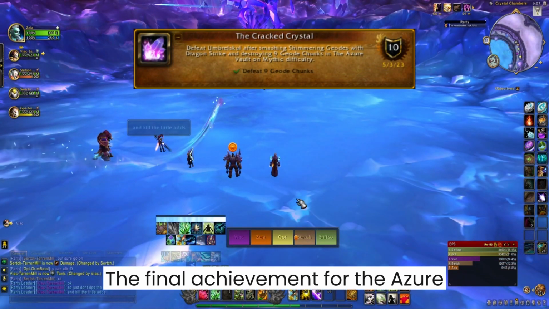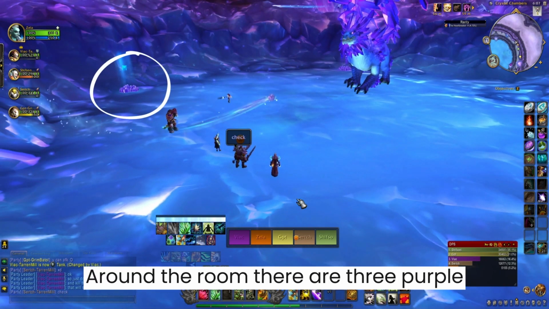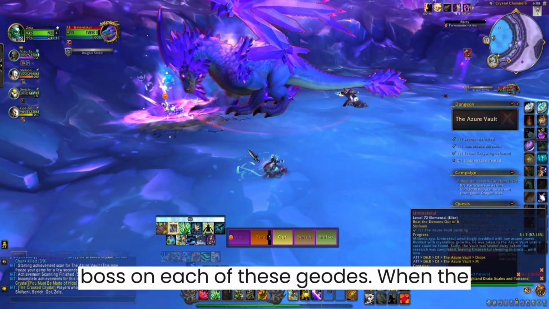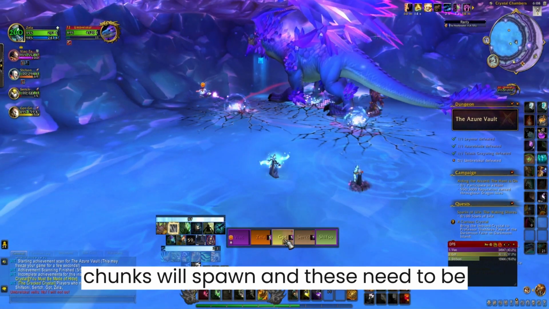The final achievement for the Azure Vaults is the Cracked Crystal. Around the room there are 3 purple geodes. The tank has to drag the boss on each of these geodes. When the geodes are hit with the boss's Dragon Strike ability, 3 geode chunks will spawn and these need to